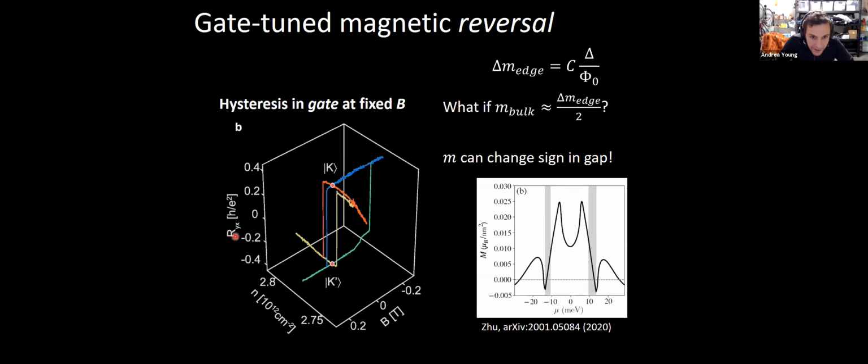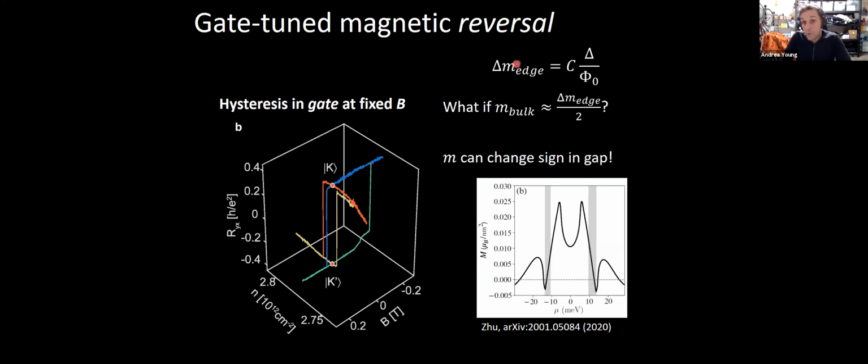So what I'm plotting here, hopefully in not too confusing a way, is the Hall resistivity as a function not only of magnetic field, but also, at some small finite magnetic field, as a function of the applied gate voltage, which I've translated to charge carrier density, although I should just say it's gate voltage. And you can see that you can irreversibly switch the magnetization, as measured by the Hall resistivity, using a gate voltage rather than a magnetic field. You can do either one. And this is very much in line with what I told you about before.